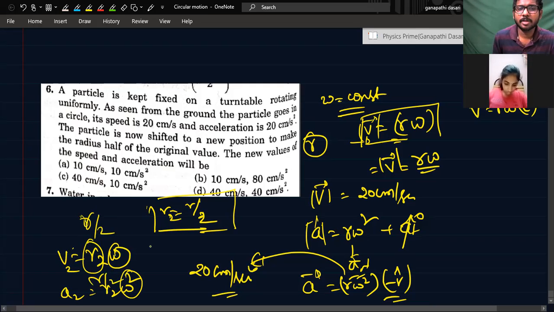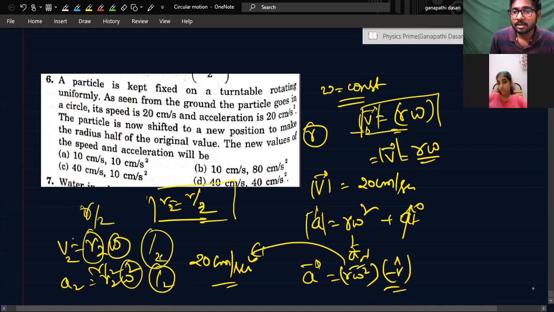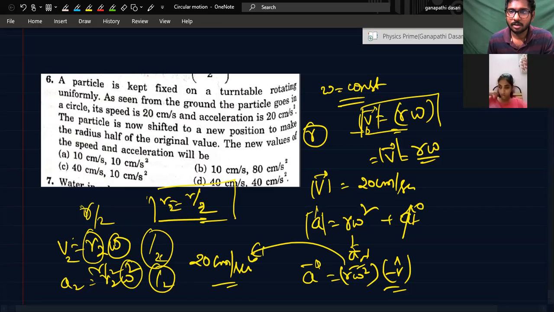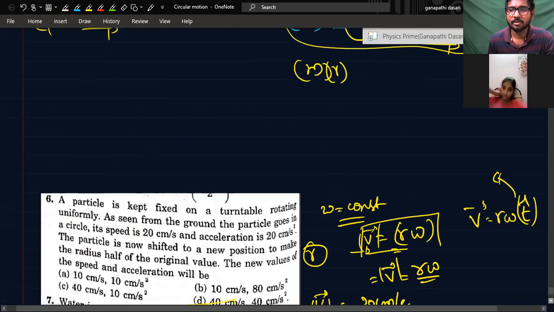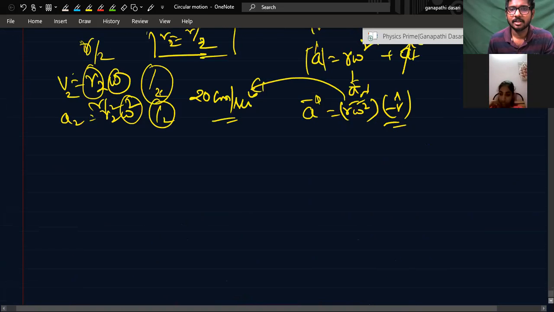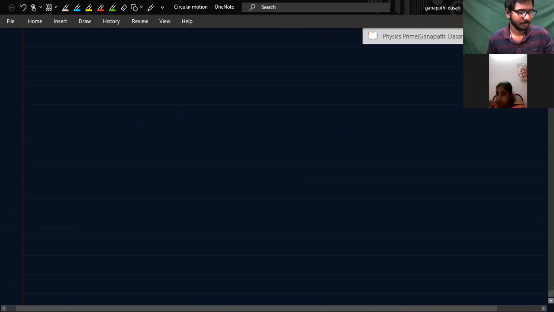So the velocity will become half and the acceleration will also become half, which is 10 centimeter per second square. Solving the question is about how clearly I approach it, having good clarity of very minute things. Okay, then